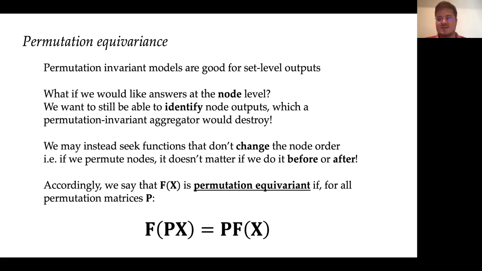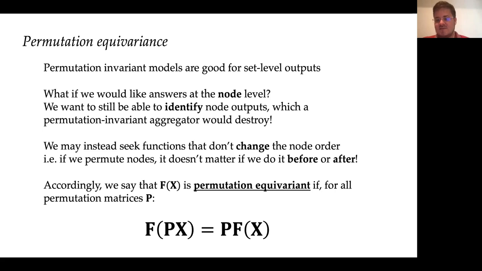So what we want instead are functions that, rather than giving the same answer for two different orders, it's now okay to give different answers for two different orders, but we want to do it in a way that's predictable. We want a function that doesn't change the node order as part of running it, which means that if we were to permute the nodes, it does not matter when we do it, before or after applying the function. And this gives us, once again, a direct application of the geometric deep learning blueprint, the notion of permutation